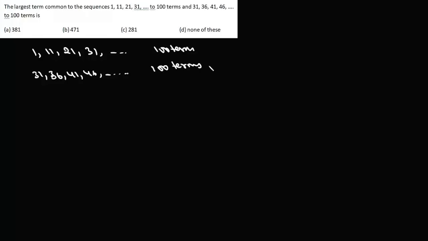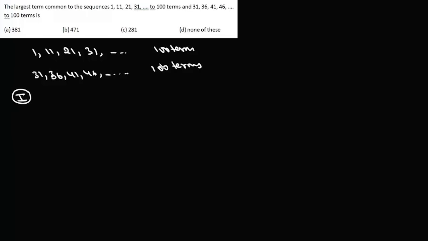Now the question is, the largest term common to the sequences 1, 11, 21, 31 up to 100 terms and 31, 36, 41, 46 up to 100 terms is. Now there are many ways to solve this question. We'll solve this question in two ways. Now the first method is,